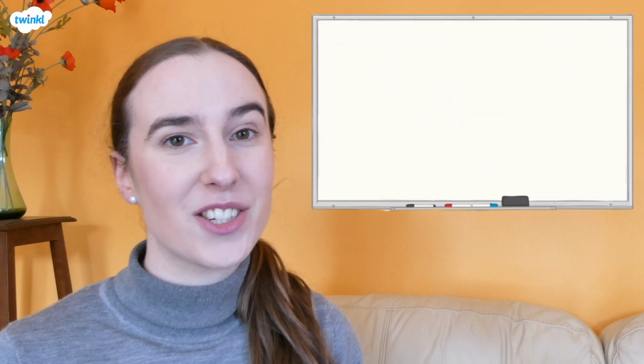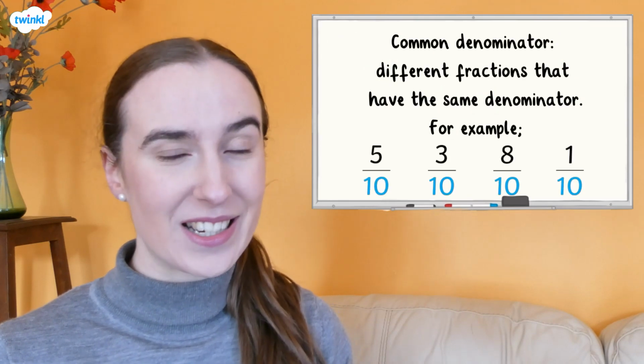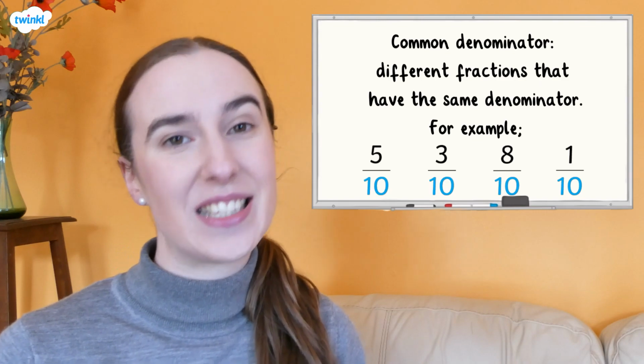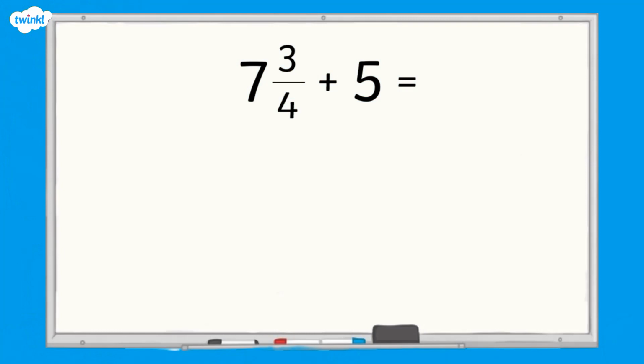When we're adding fractions, we need a common denominator. A common denominator is where different fractions have the same denominator. When you add to a mixed number, you need to think about which part of the mixed number you are